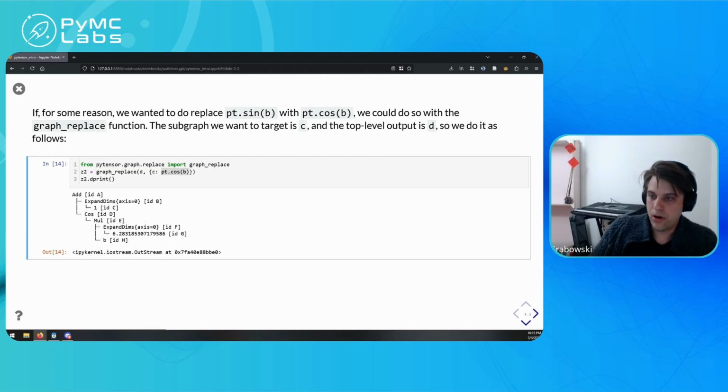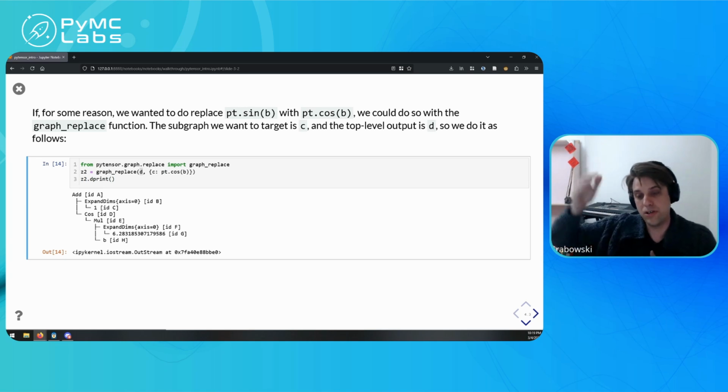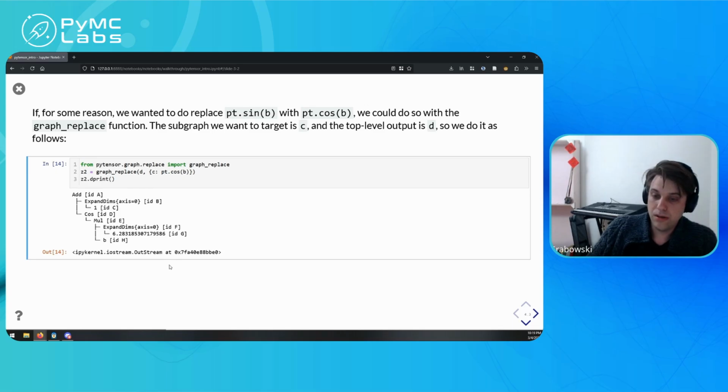One other note that I elided, but I want to highlight here, is that D, this output, is living a double life. On one hand, D is a tensor variable because it's the output of an operation. It's the output of this addition operation. But at the same time, it's also an entire graph. So it represents all of the computation that led up to the creation of D. So when I say I want to act on a graph, I'm always going to act on the final variable that comes out of the chain of computation that I'm interested in operating on. And so I'll interchangeably,